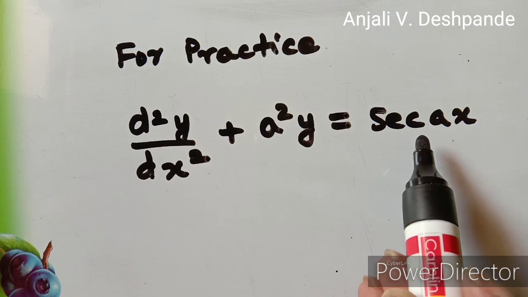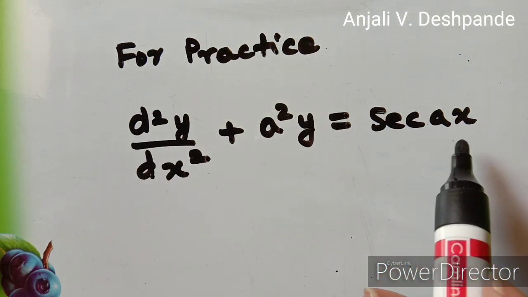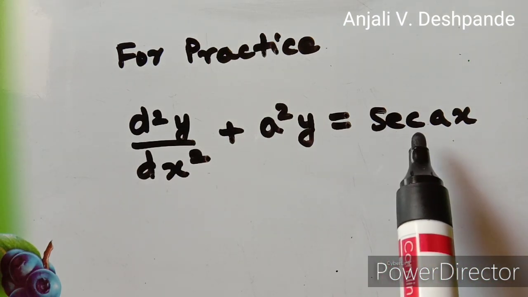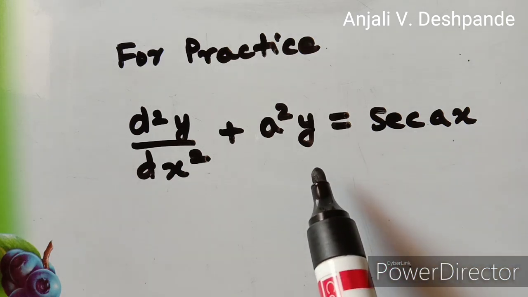As you can see, this particular function is not covered in cases 1 to 4. So now you have to make use of this case 5 to solve this sum. So you just write